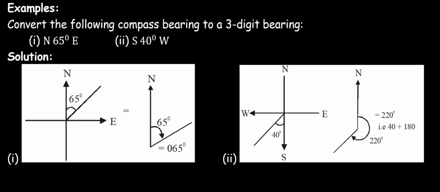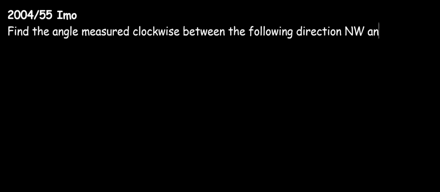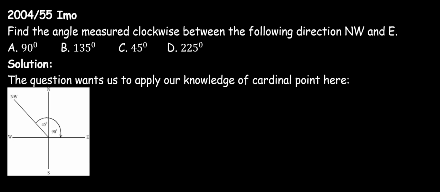Let's take more examples. Find the angle measured clockwise between the following directions, northwest and east. Solution. The question wants us to apply our knowledge of cardinal points here. If you look at the diagram, you will see the compass directions, northwest and east. The arrow starts from northwest, then ends at east, which is what the question wants us to get. But you know, from northwest to north, you have 45 degrees. And from north to east is 90 degrees. So once that is added, you have the required value, which is 90 degrees plus 45 degrees equals